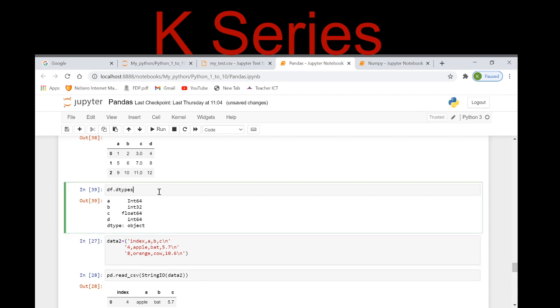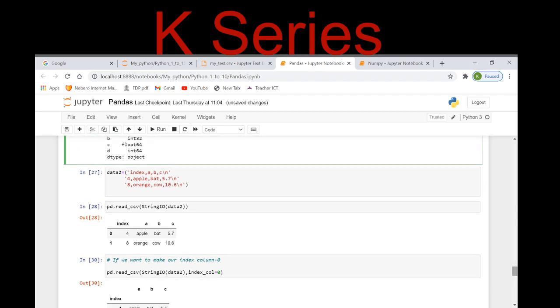Yes, it is. Okay, now here I'm initializing one more data. Now my data2 has an index also given here, a, b, c, and the columns are there, and the values are given here. Now if I read it through StringIO, it gives me the index and then a, b, and c.